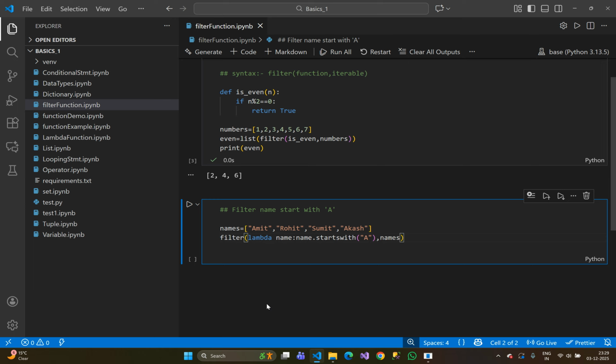If it starts with 'a', then it will take it. And in the iterable, just use the names collection. The names collection comes one by one. So the first time the name Amit came, I use name.startswith('a'), which means Amit starts with 'a', so it will be taken. And finally, whatever result is given by the filter is converted into a list using the list method, and assigned